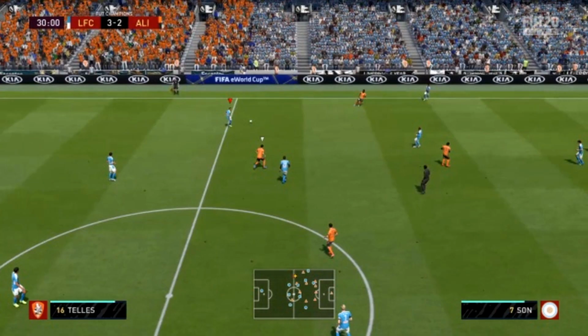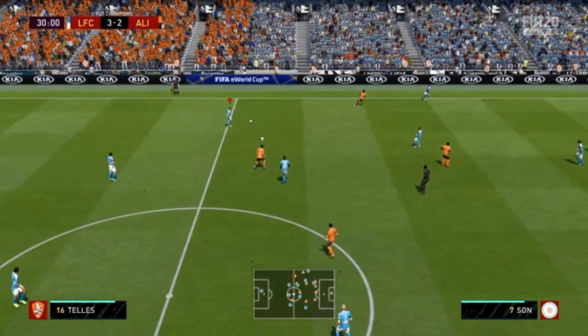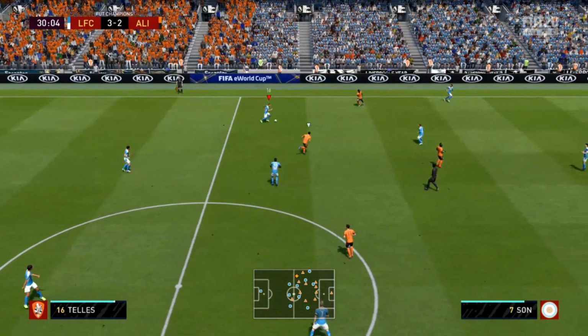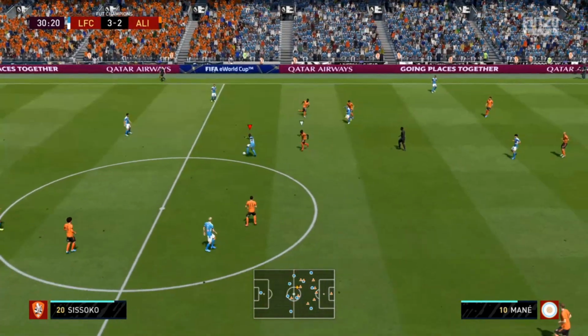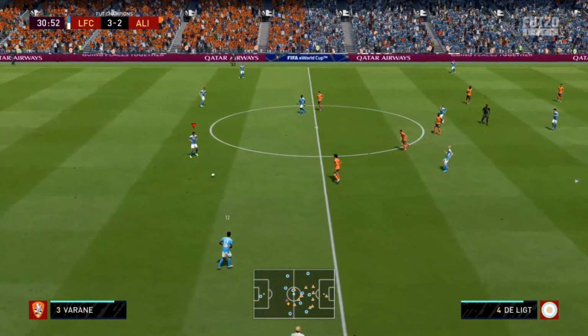Now, again, for the final time, I do want you to notice that he is using the overload ball side. As you can see, his whole defense has slid over towards the side of the ball. Again, overload ball side, it's in the name, you know. And then again, we have so much space on the opposite side, and you will see as we press play now, I'm able to switch the ball as quick as I can, cross over to Semedo, okay, and